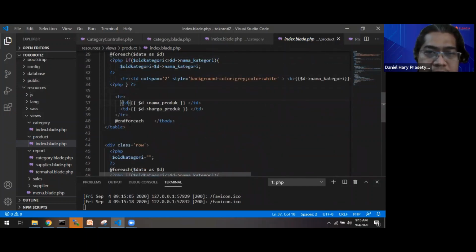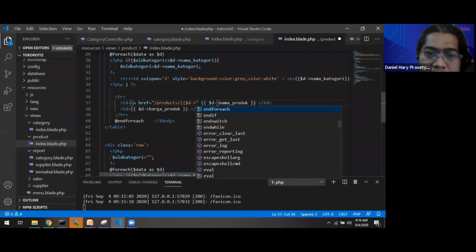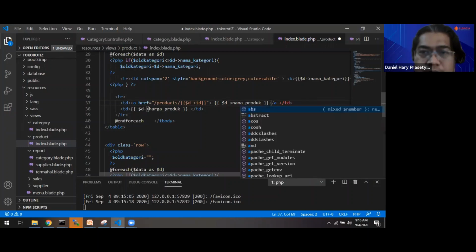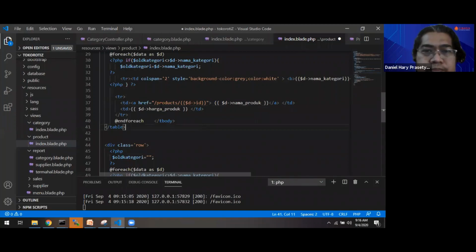Add some link here, href products slash the ID. This one. Also in the grid.